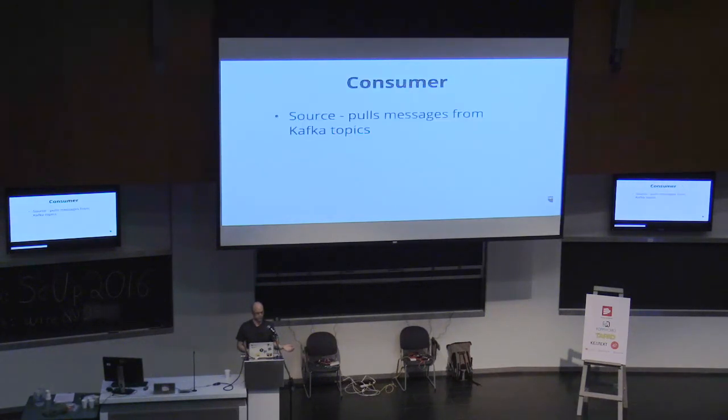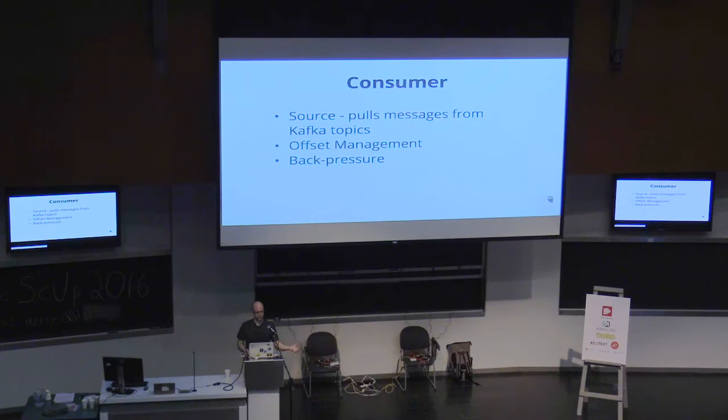Similarly, the consumer is a source that pulls messages from one or more Kafka topics and then emits them downstream. It's able to auto-commit messages, providing at most once consumption, or you can pass an offset object downstream that you can later use to commit that offset to Kafka, giving you an at least once consumption semantic. So if it crashed in the middle, you could just start it back up and it would get duplicate messages from before, but you could deal with that in your code.